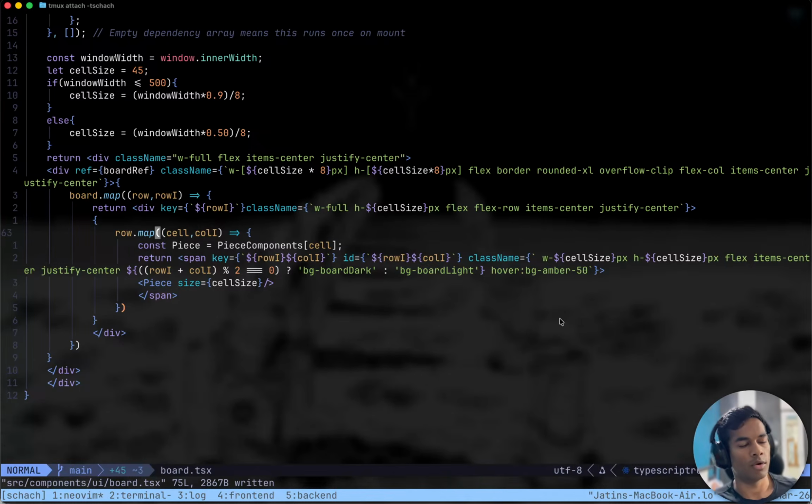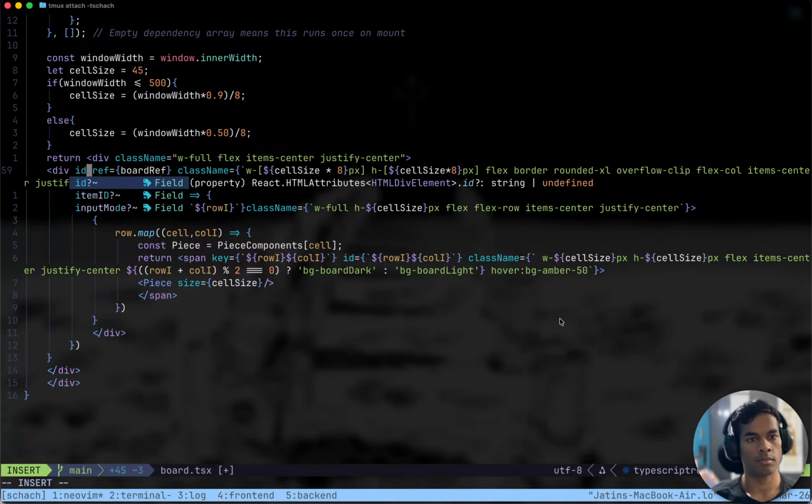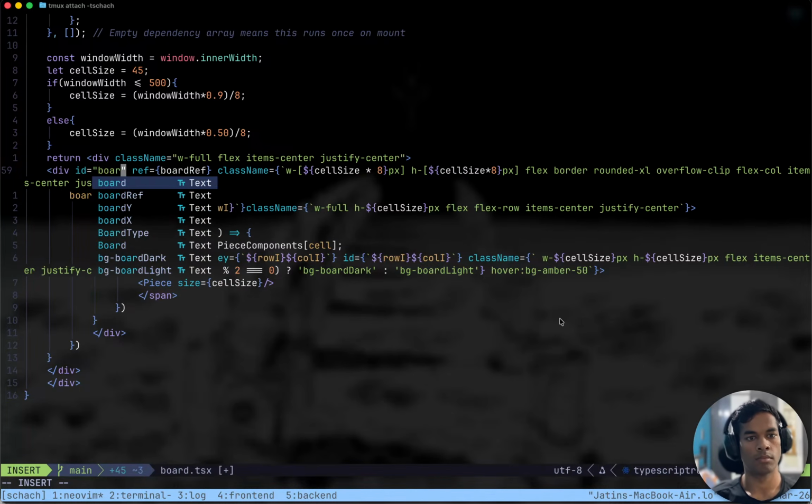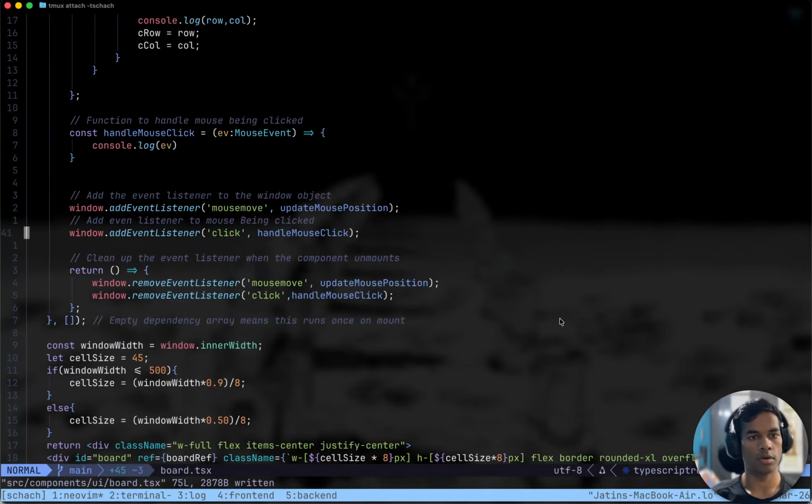The click and hold thing. This board. Board here.